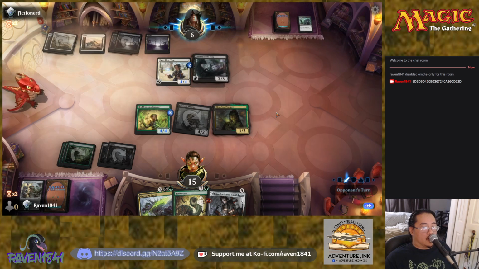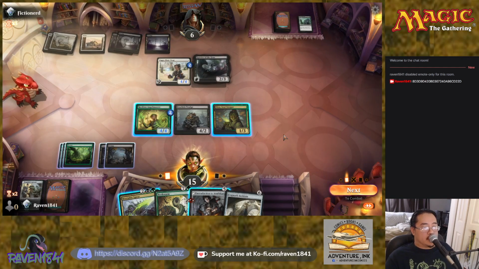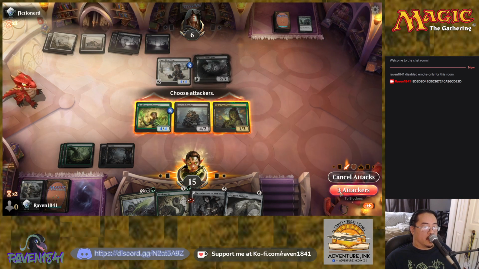Spectre of the Fens is good, but are they going to try to come in? Are they going to trade for the Amplimancer? Is that what they're thinking here? No. What do I want to do now? I think everybody just comes in the red zone, right? Like, let's go? Because they have to block...